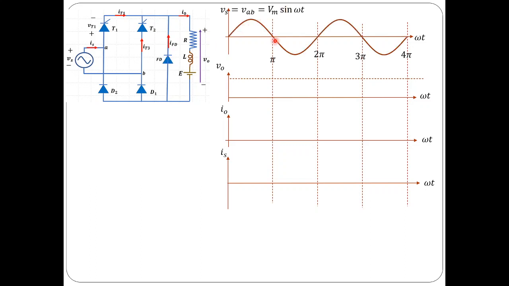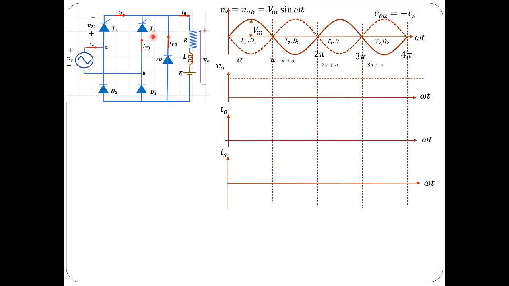Now let us consider this is the input voltage. So Vs is equal to VAB, which is equal to Vm sin omega t, and VBA is minus Vs, which is shown with the dotted line. Usually thyristor 1 is going to be forward biased during the positive half cycle, and thyristor 2 is going to be forward biased during the negative half cycle respectively. Of course, the diodes are also going to be forward biased and reverse biased in their corresponding cycles. So D1 is going to be forward biased along with T1 during the positive half cycle, and D2 is going to be forward biased along with T2 during the negative half cycle usually.